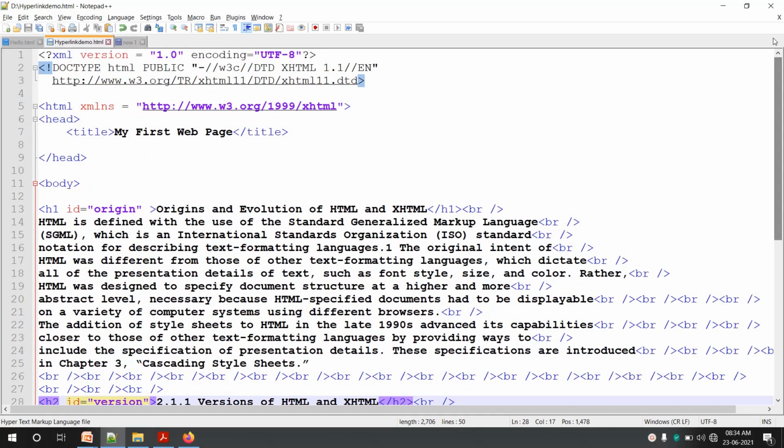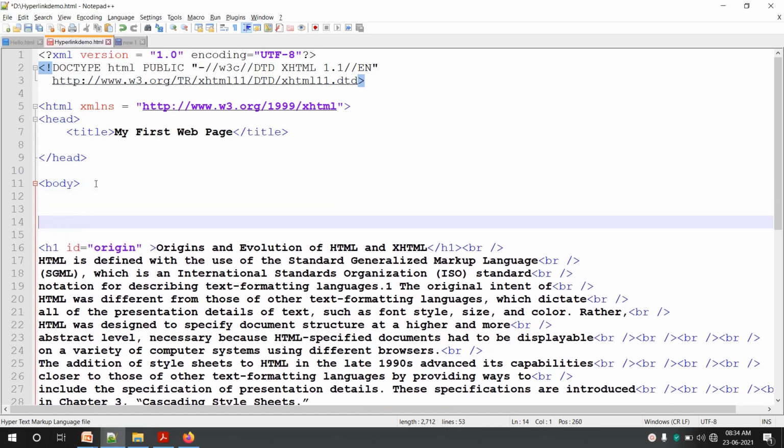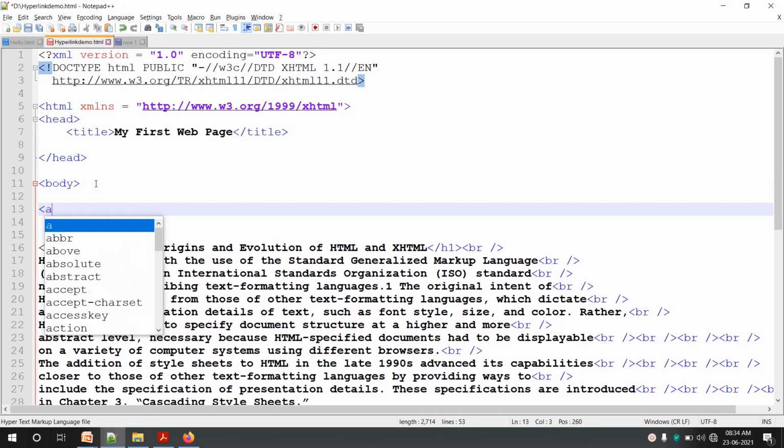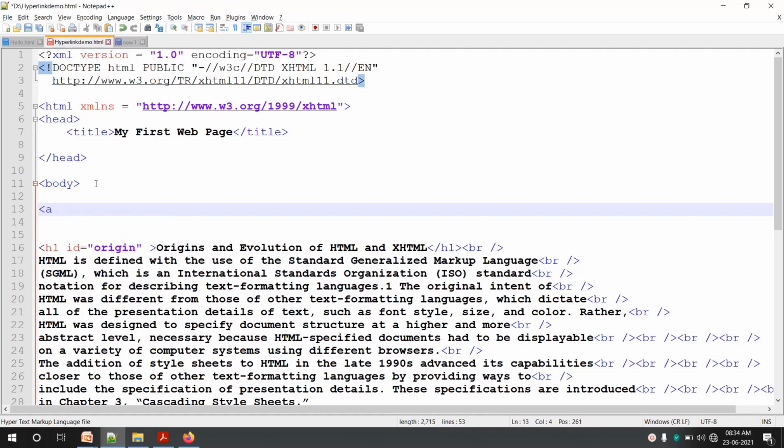To create links, at the top I'll create a link by using the anchor tag. Anchor, as you know, has the attribute href equals.